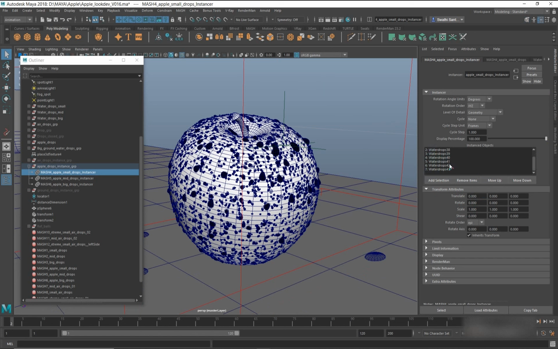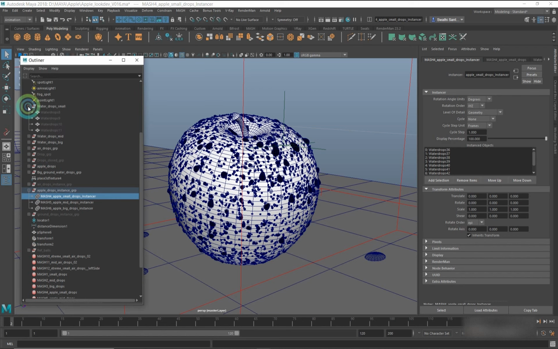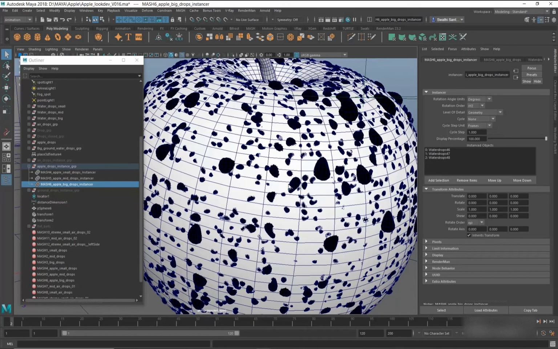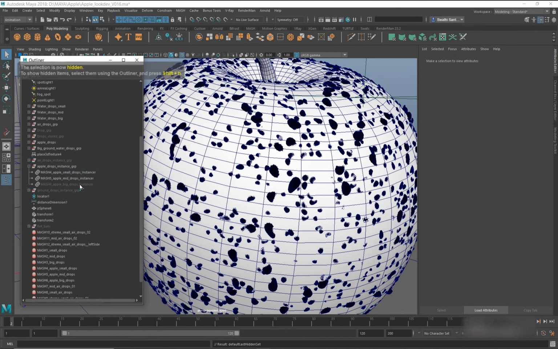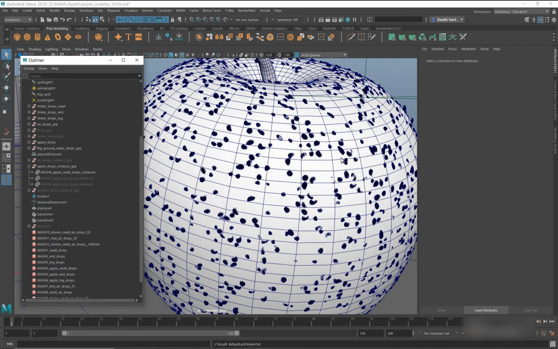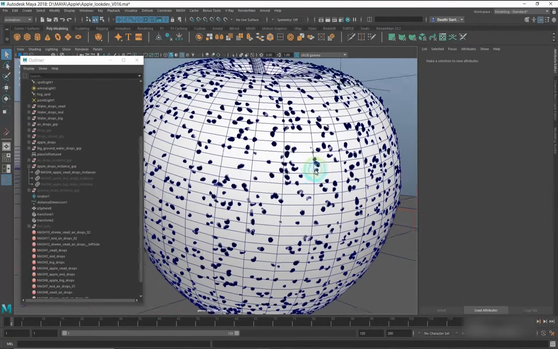You see here I've used 8 instances, and these are on different size variations. I've used different size variations on small, mid, and big. So if I hide this big one, those are the medium, and these are the small instances.